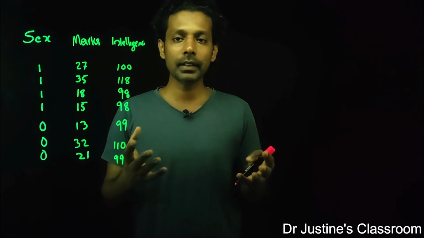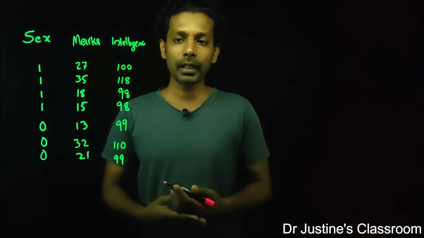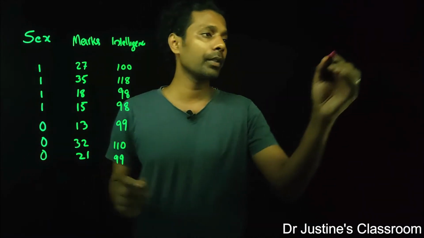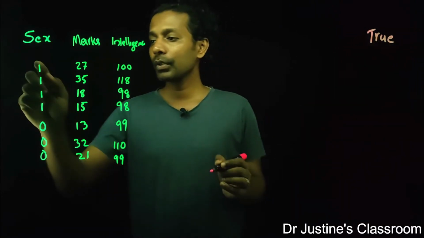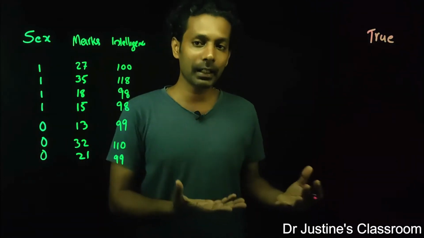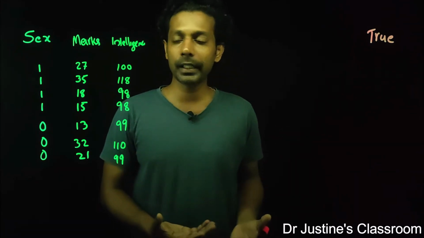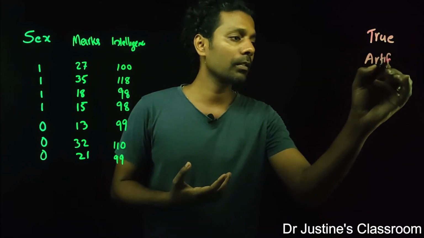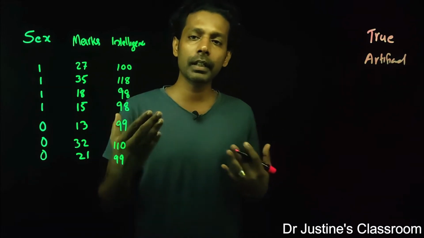So you have two methods here: point biserial correlation and biserial correlation. Point biserial correlation is used when the dichotomy that you have is a true dichotomy. So I'm using a term here, true dichotomy. That is not made, it's naturally nominal data. So what is an artificial dichotomy then? An artificial dichotomy has continuous data behind it.